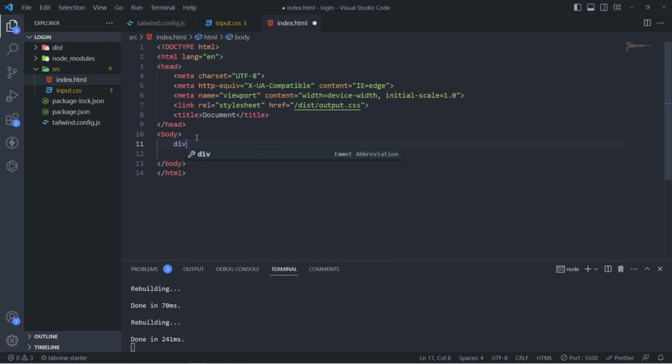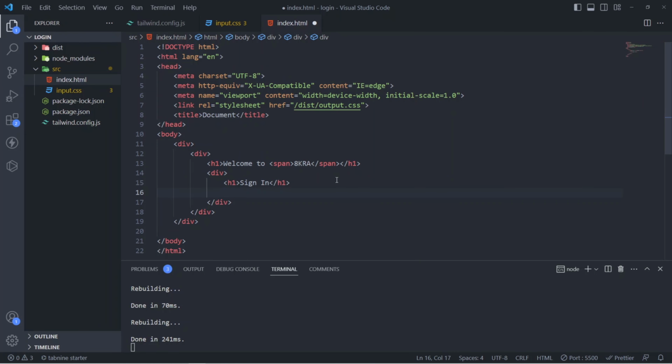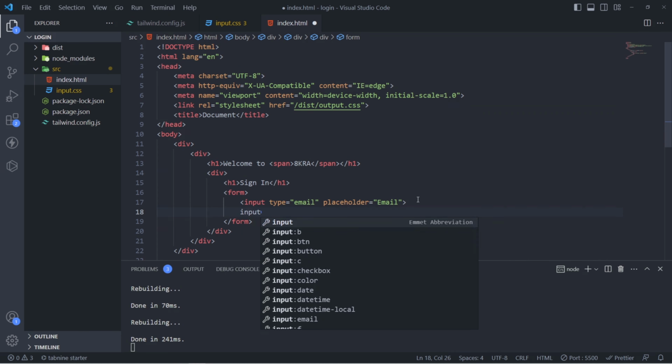Let's structure the HTML. First, create the container div, then the login div. Inside the login div will be an h1 with the text Welcome to Akra, and a div with the h1 and form. Then inside the form will be 2 inputs for email and password,